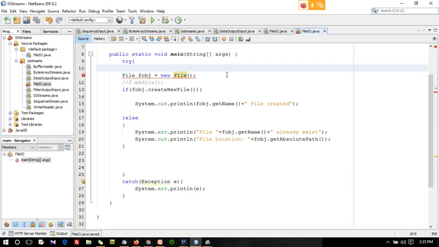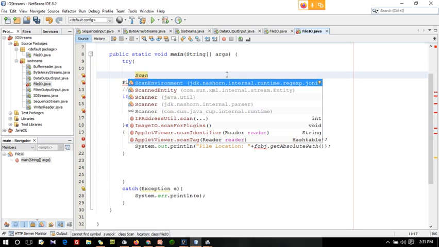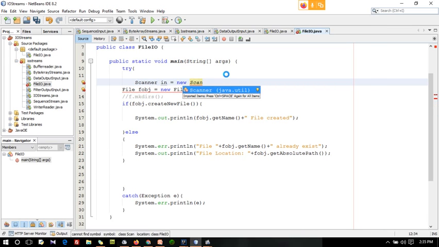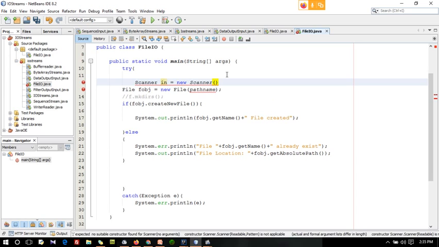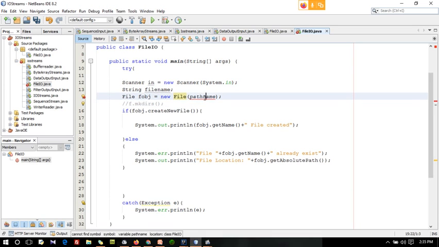So like file path, for example, I'm just going to create a Scanner class, Scanner to get the input from the user, Scanner in equal to new Scanner, and inside this System.in, and a string to get the path name or file name. You just pass that file name here.